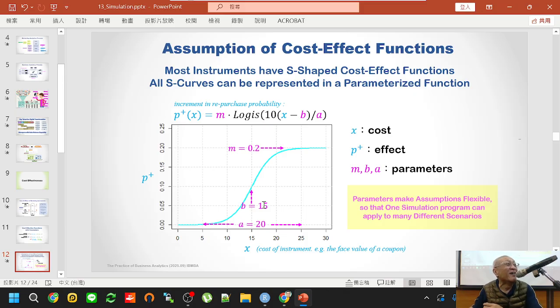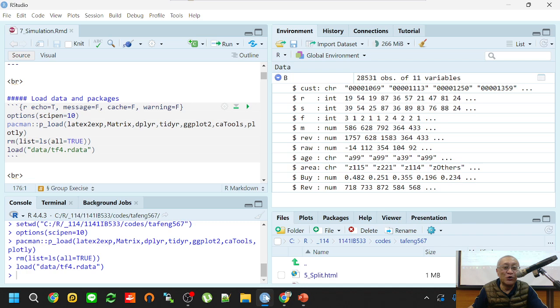And A is the width of the sensitivity of this instrument over a range of cost. If we specify these three things, we can specify the effect of the instrument. This is the assumption that we want to make, and if we do the assumption this way, we can adjust our assumption very easily, as I will show you